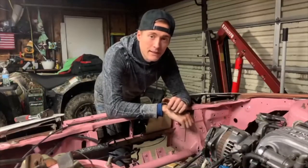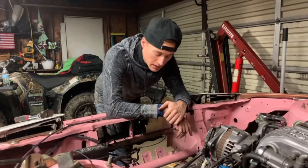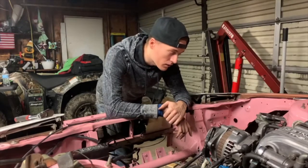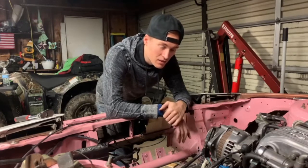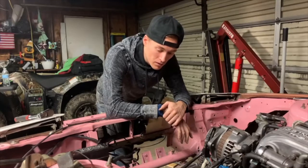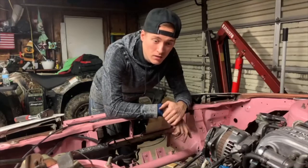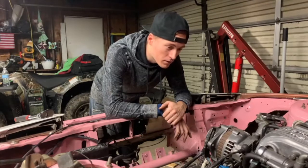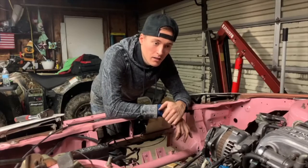Okay, so I don't know how much we're gonna get done, because I can't remember where everything goes. It's been so long. You have to bear with me, it's been over a year since I've even touched this motor. So I don't wanna plug some stuff in that shouldn't go there or doesn't need to be plugged in and screw something up. So maybe we'll wait till like Saturday, the weekend, which is only like